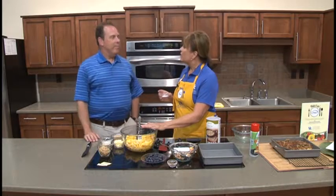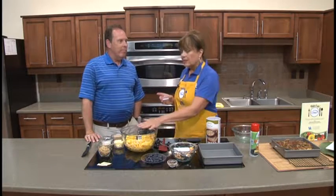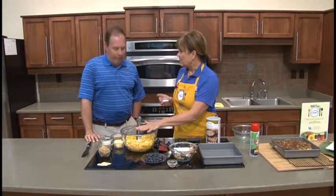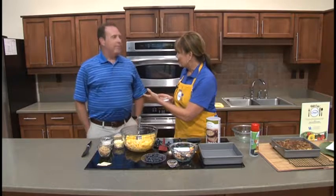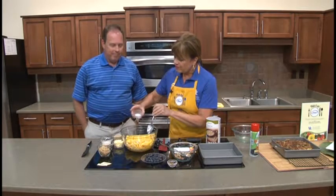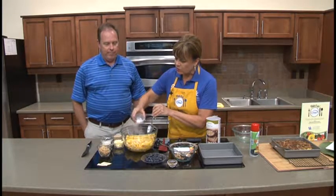So again, if you want to enhance the sweetness, but if you really are on a sugar-restricted diet, you don't put anything on the peaches, and you hope that the natural sweetness is going to be enough. This will be more tart. Again, a flavor change. But I'll show you that if you were going to add a little sweetness, you can